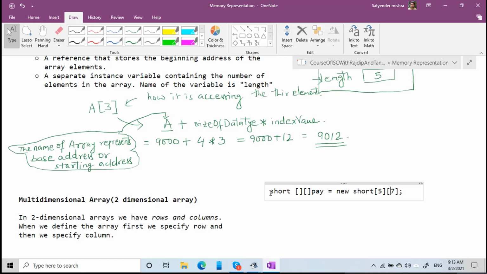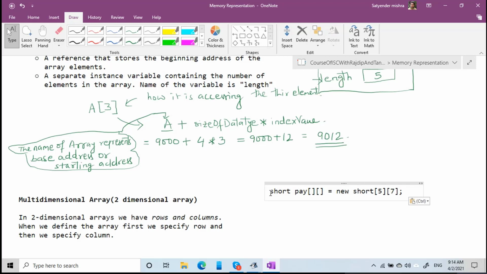Right? And this square bracket you can write either in front of the identifier or after the identifier. It is not going to be a matter, right? So here I have written it before the identifier. You may have written this after the identifier also. You can write it in this way or in that way. It's not going to matter. Okay. So this is one array, right?